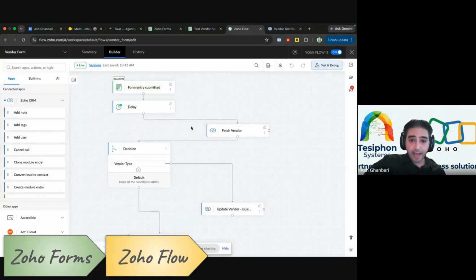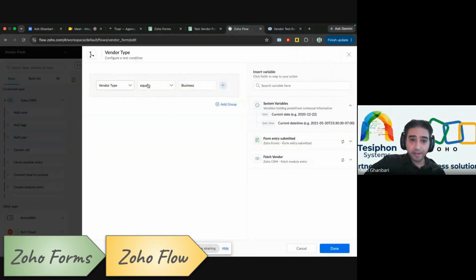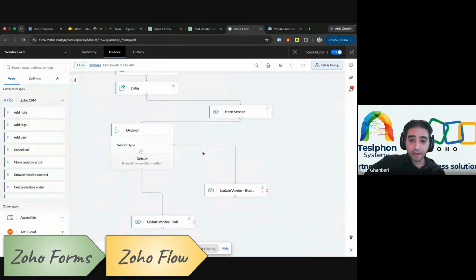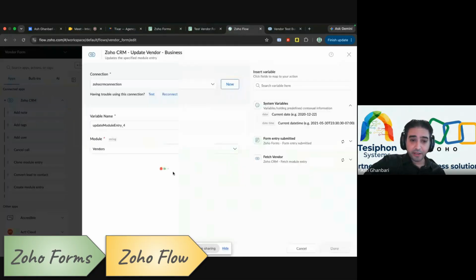So these actions are designed to fetch the vendor that is just created, and then check whether it's a business or an individual. If it's a business, it changes the vendor name